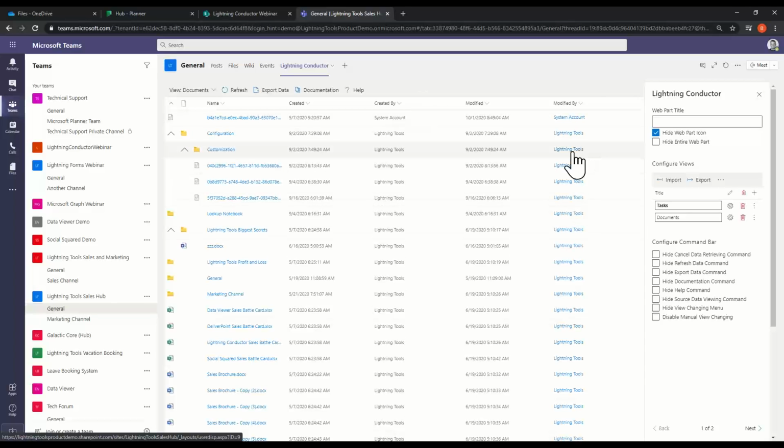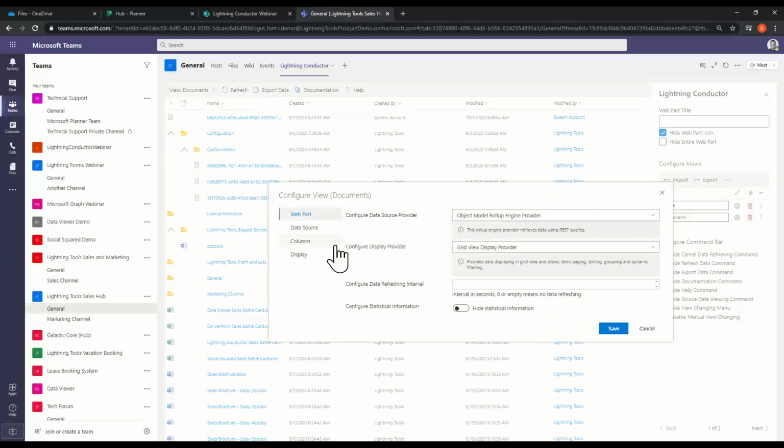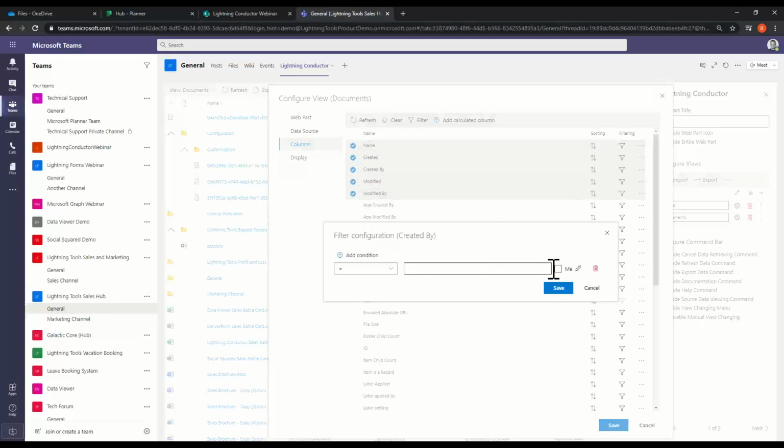make it relevant to you, so you're not just seeing every single document that's in SharePoint. It might be that you want to see documents that you created that are in SharePoint and display those inside your Teams tab, and that would be dynamic then. So as each user goes into Teams and clicks onto that tab, they're going to see their content. So all we need to do there is on the created by, hit the drop down. We could do it in two places, either there, or as you've seen, go into the columns tab through the advanced configuration, and where I say created by, we can hit the me checkbox there,